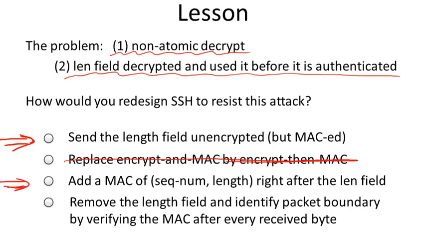Another option is to MAC the length field separately so that now the server can read the length field, check that the MAC for just the length field is valid, and then it would know how many subsequent bytes to read before checking the MAC field on the entire packet. The last option is actually one that works but is terribly inefficient. It would expose the server to a denial of service attack, so I'm not going to mark it as a valid answer. So the main lesson to remember is don't implement or design your own authenticated encryption system.